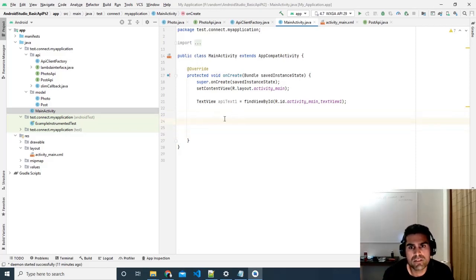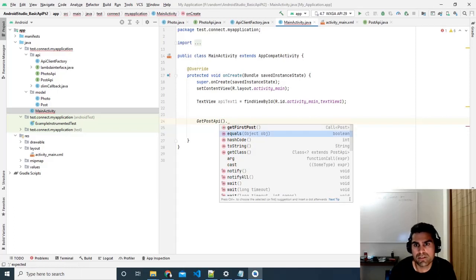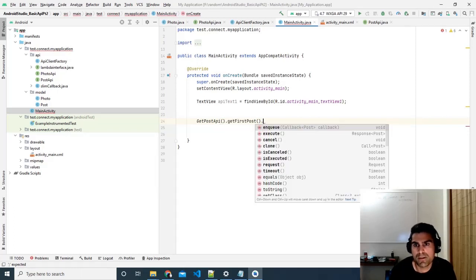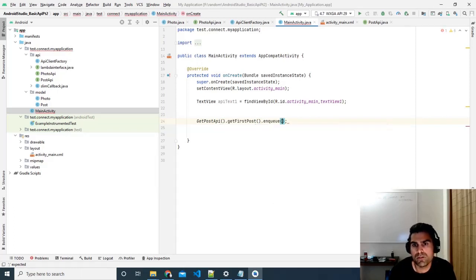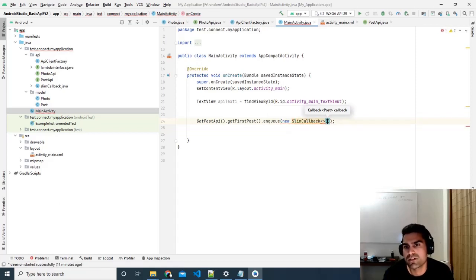So the first API call, this is how we make it. We have a client dot get first post dot enqueue, and we're going to use a slim callback. This is something I created to just use Lambda functions, and inside that we're going to tell it that